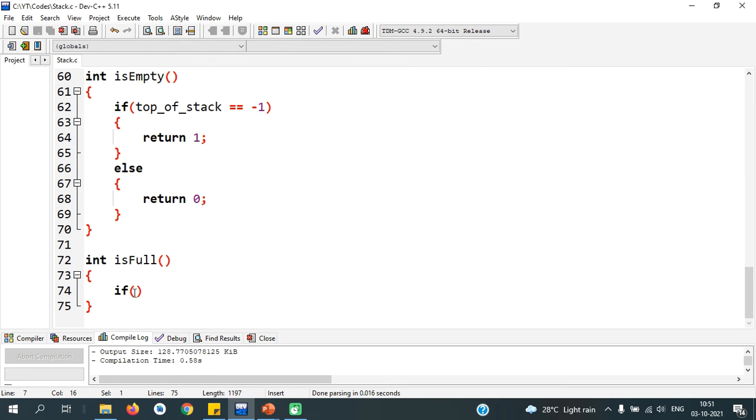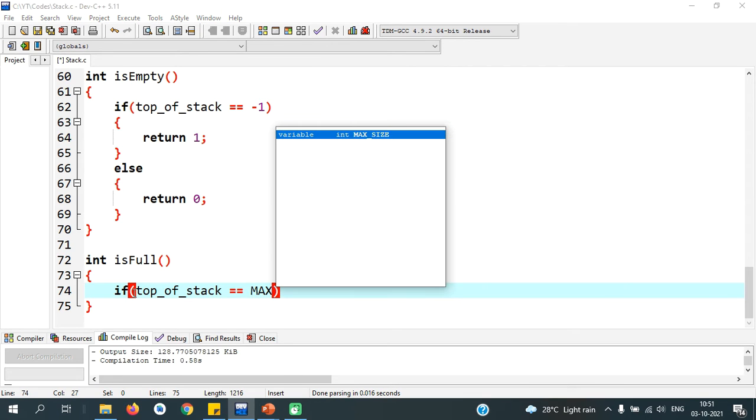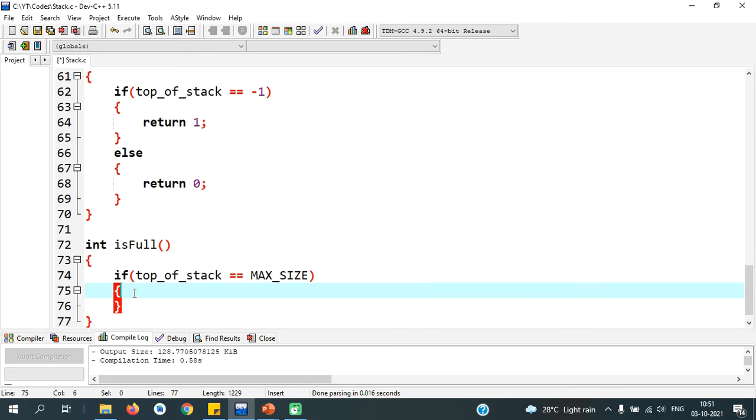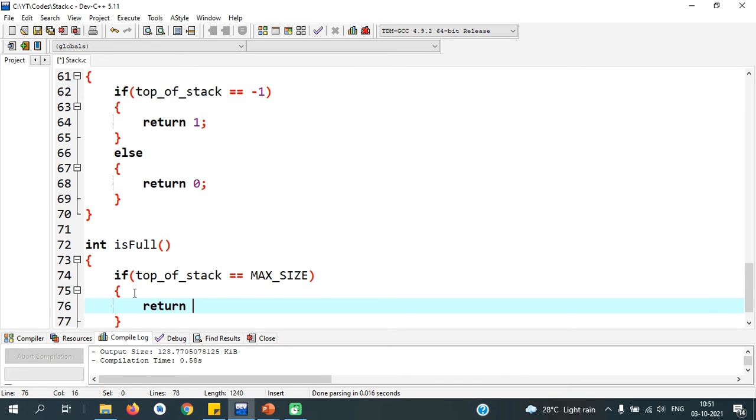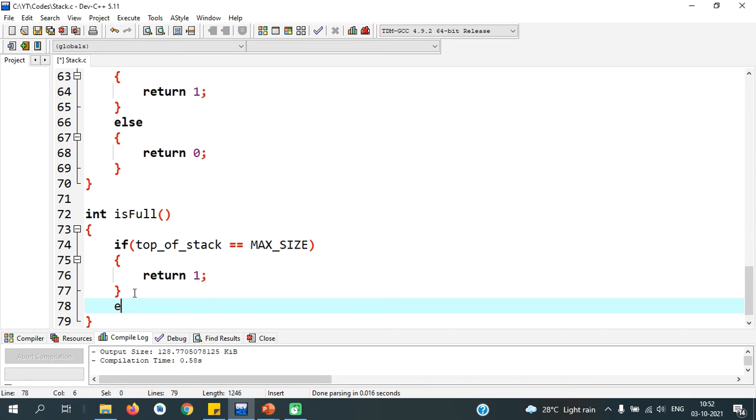So isFull method, if top of stack equal to maximum size, return 1, which means the stack is full.